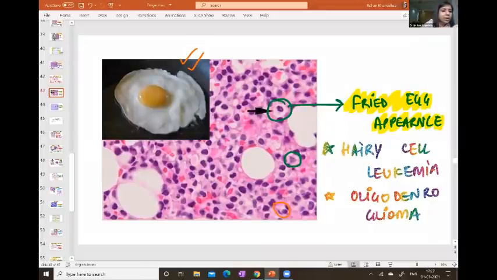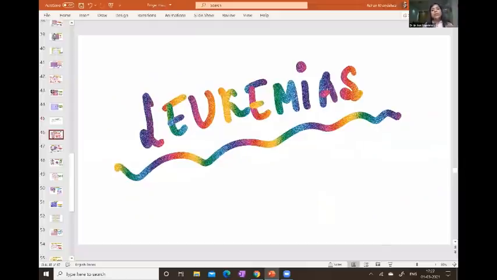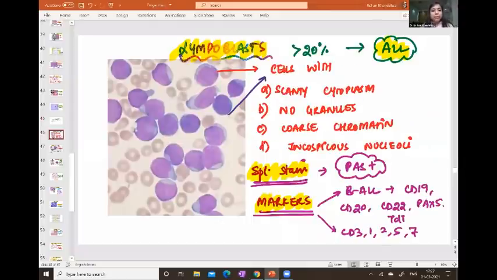Correct? Next. Okay, next, let us see how to diagnose various leukemias on the peripheral smears or the bone marrows. In this image, this is a peripheral smear. Now you can see that this peripheral smear does not consist of any neutrophil, eosinophil, basophil, lymphocyte. This peripheral smear consists of certain large cells. Now these large cells which I'm seeing here are blasts, right? They are blasts. Now, blasts can be of two types. Either there can be a lymphoblast or there can be a myeloblast.